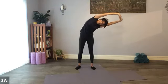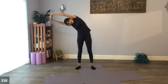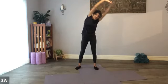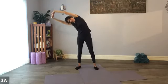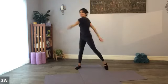So we can let the head be cradled by the upper arm. A nice couple of goes each side. We'll then be separating the hands and taking a swing, a little twist to the spine. So here you might want to set the feet a little bit wider, release the hands and start to swing